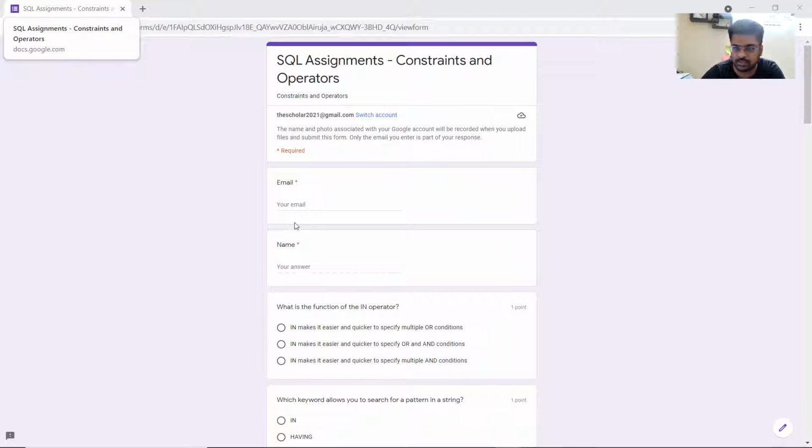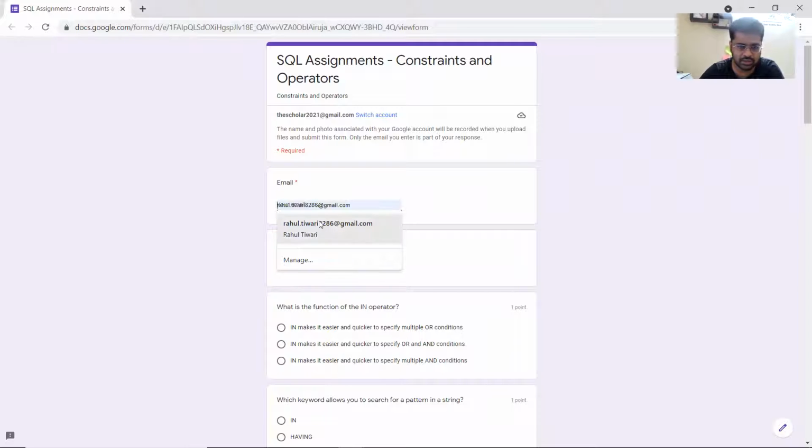First of all, you have to add the email address, because once I give you the result, it will come to your email address as well. I explored this Google form, and I hope that you will get the answer. Once you submit, you will get the answer as well. You have to give your email address, which has the red star, which means mandatory. Name is mandatory as well.